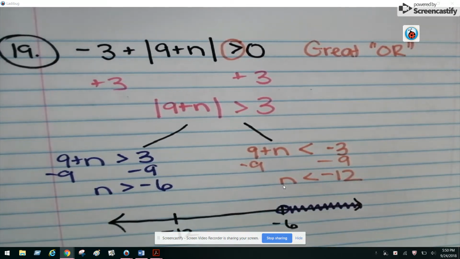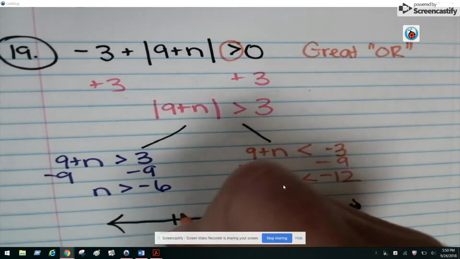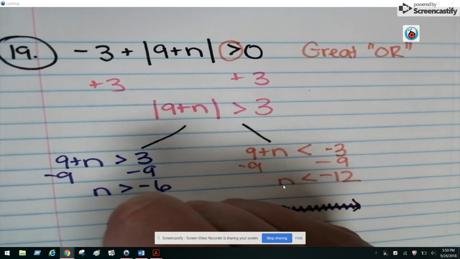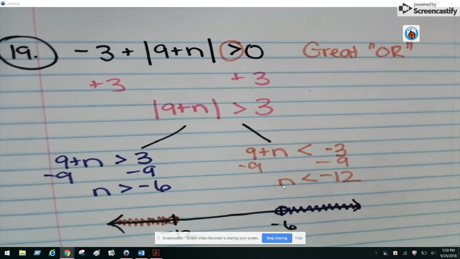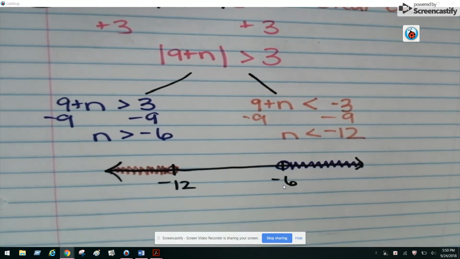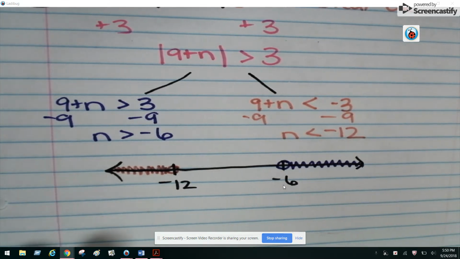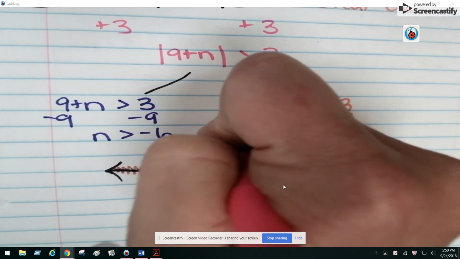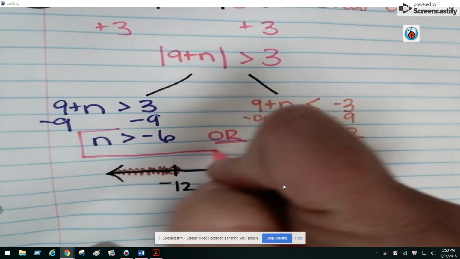And then n is going to be less than negative 12. So that would be this direction here. So even if I forgot that this was an OR problem, once you graph it out, you can clearly see that both things couldn't be true, right? It would have to be an OR problem. So I do want to make sure that I go back and include that OR in my answer. And it would look like